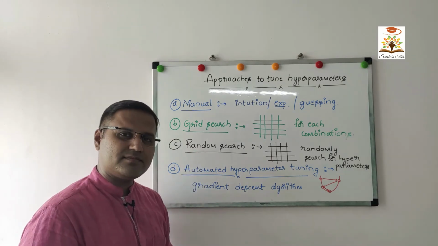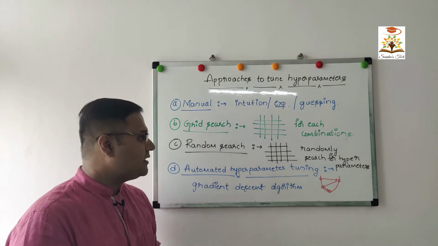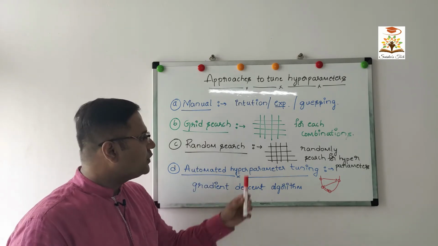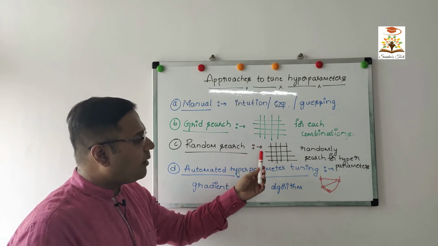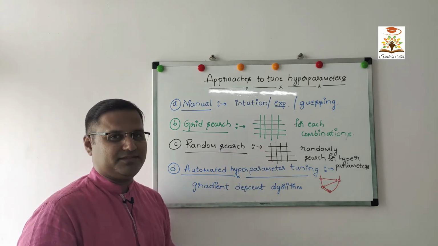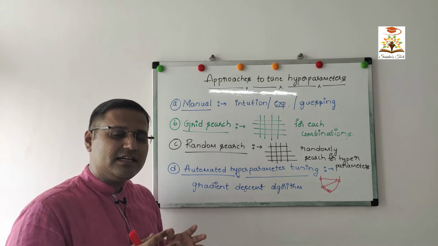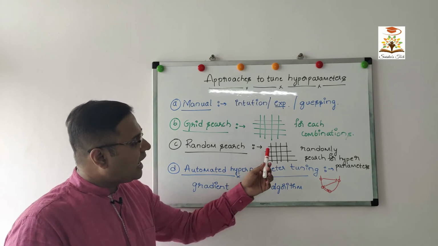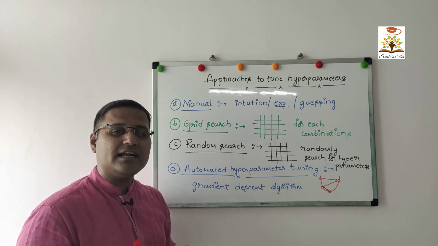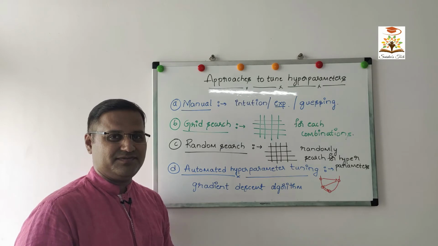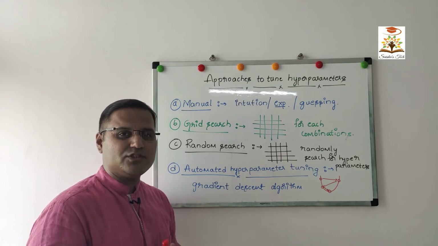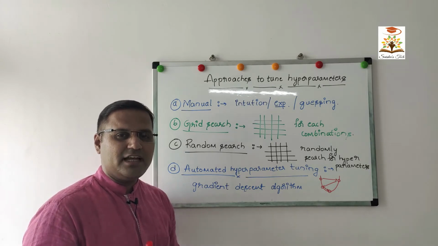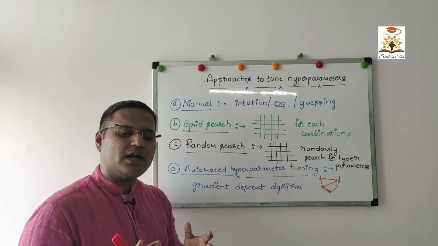Random search. There is a similarity between grid search and random search. That is, in both the cases, you build grid, that is the combination of hyperparameters. But the difference between the grid search and the random search is, here, the hyperparameters which you choose are randomly chosen. Thereafter, for these randomly chosen hyperparameters, you build the model, you test it on the test data and choose the optimal parameter for accuracy or MAPE.